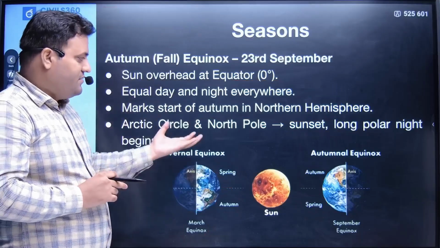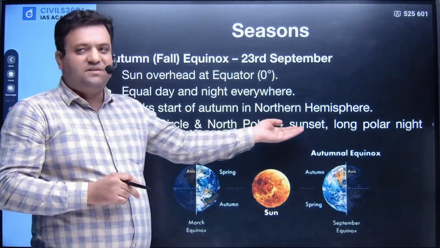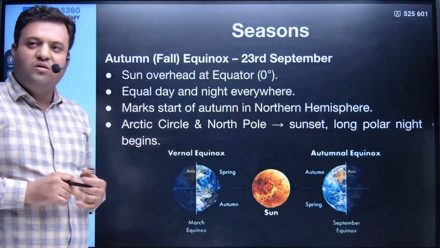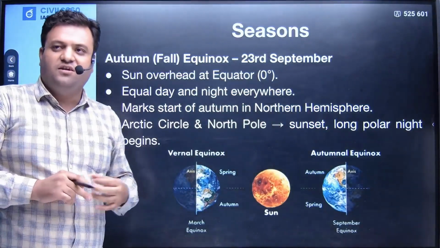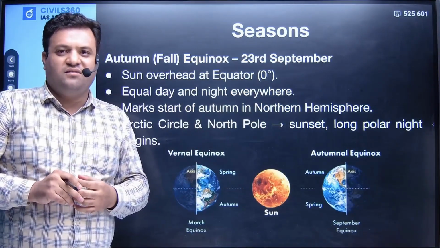On 23rd of September, we have also seen that on the Arctic Circle, sunset will be there after a long polar night. It marks the beginning of autumn in the Northern Hemisphere. Okay, so this is